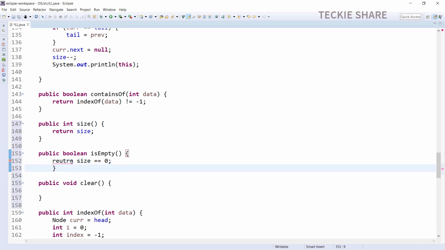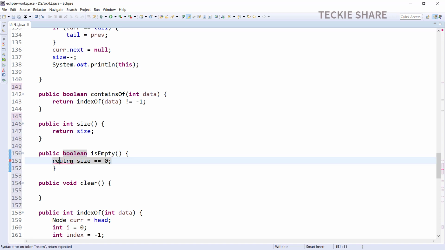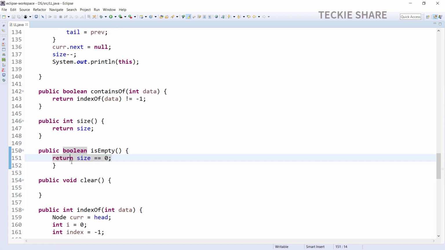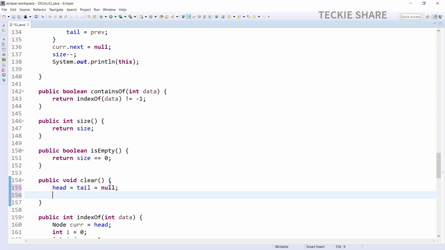Once you need to clear your linked list, the first step is to clear your head element as well as your tail element, so head equals tail equals null. The next step is to reinitialize your size variable to 0. That's it. This is what the clear method will be.